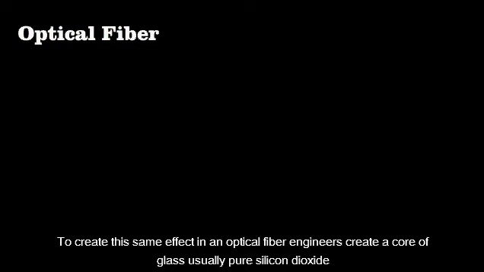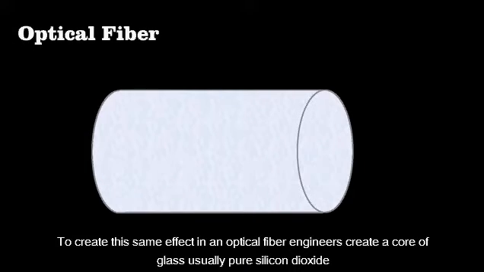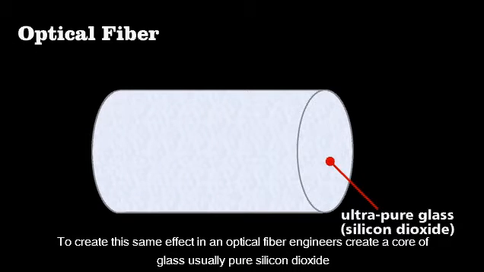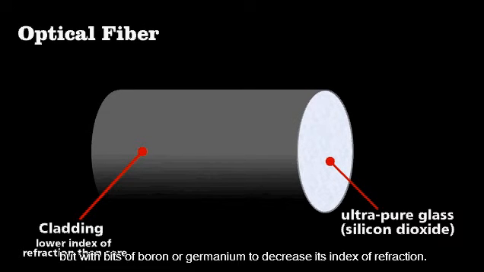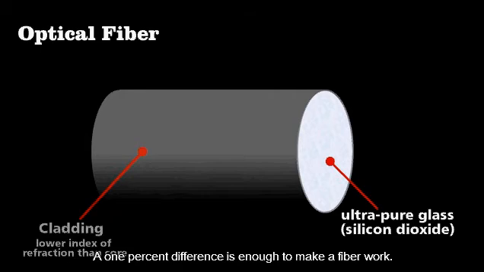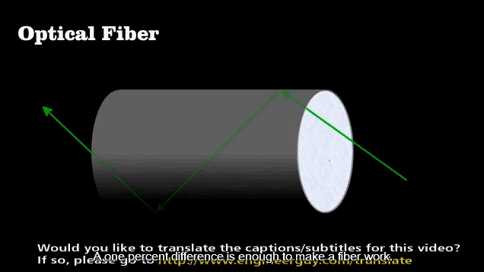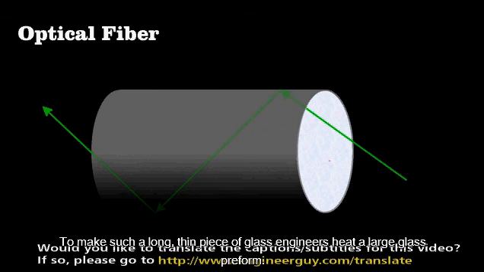To create this same effect in an optical fiber, engineers create a core of glass, usually pure silicon dioxide, and an outside layer called cladding, which they also typically make from silicon dioxide, but with bits of boron or germanium to decrease its index of refraction. A 1% difference is enough to make a fiber work. To make such a long, thin piece of